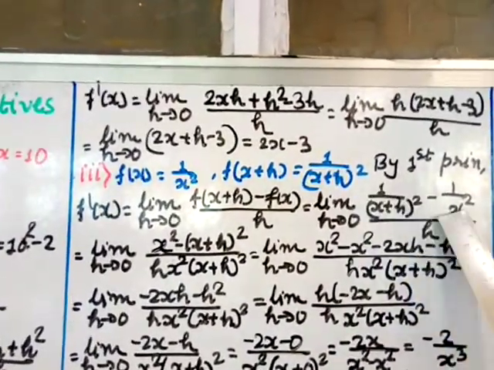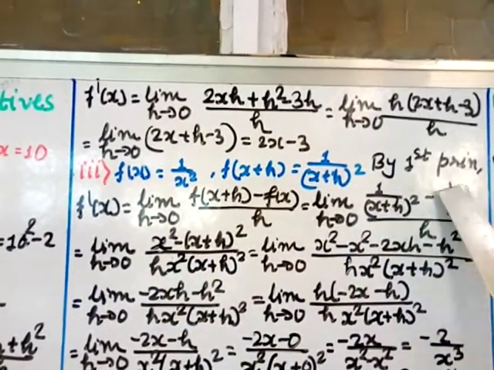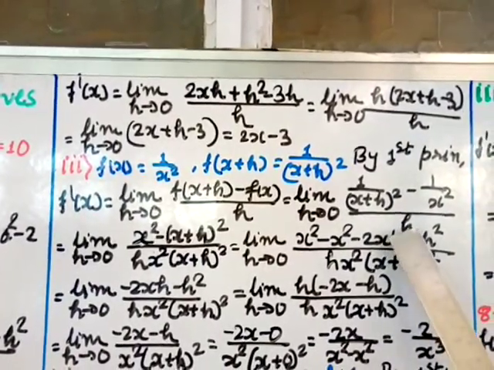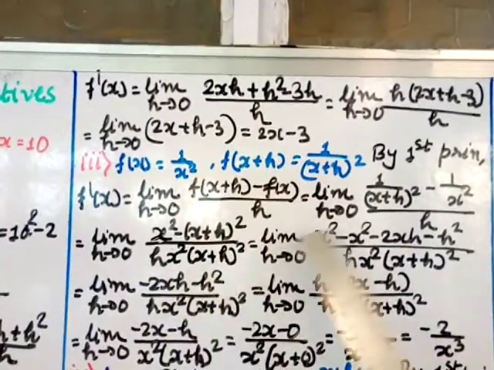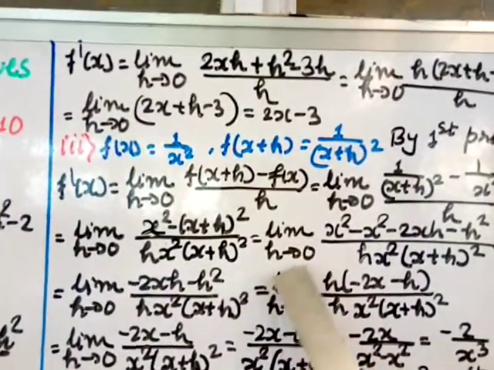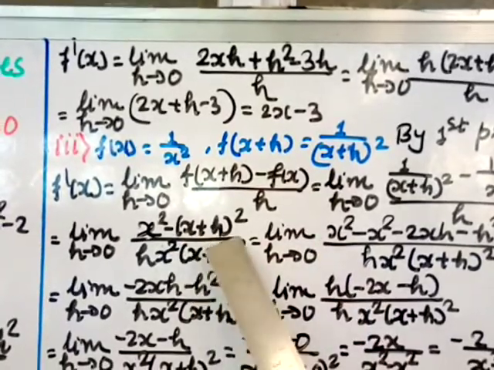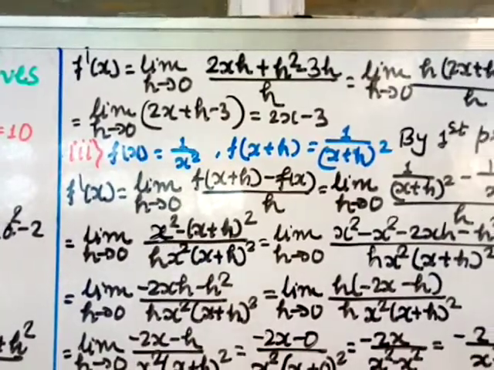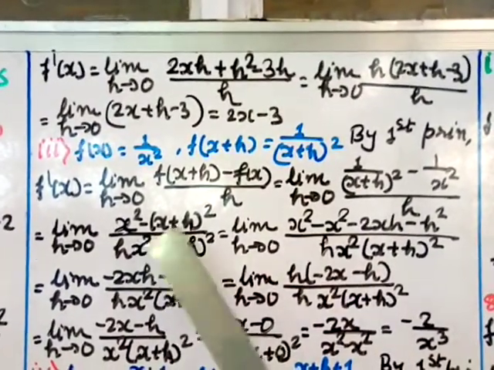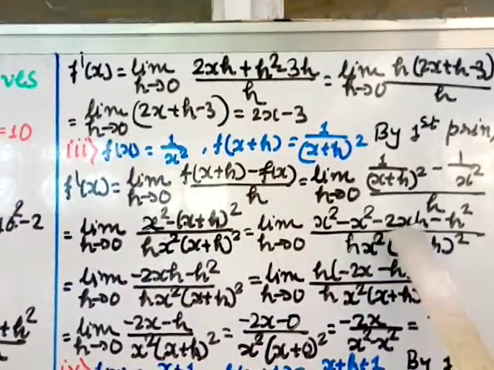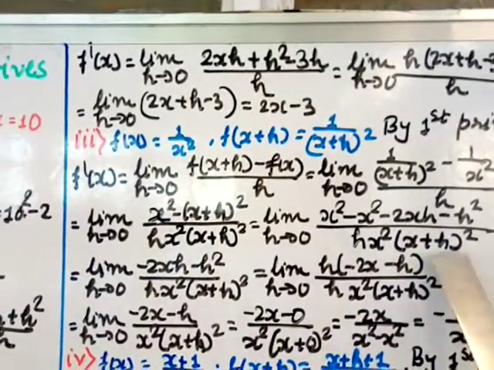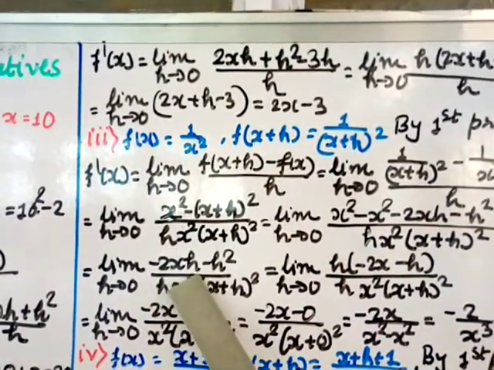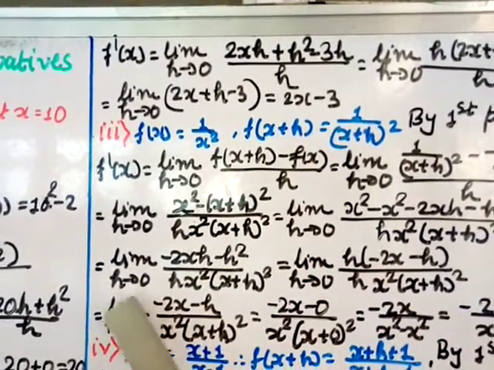Take LCM here. So x square into 1 is x square minus this multiply here, so x plus h whole square, and the numerator denominator will come in the denominator multiply with h, so I get here h, then this x square into this x plus h whole square, equal to limit h tends to 0, x square as it is. I expand this using a plus b whole square. I'll open the bracket, so all terms will be positive, but because of this negative it will become negative terms. Okay, so I write here expanding this as minus x square minus 2xh minus h square, denominator as it is. x square minus x square cut, so here remains minus 2xh minus h square, and denominator as it is, limit h tends to 0.